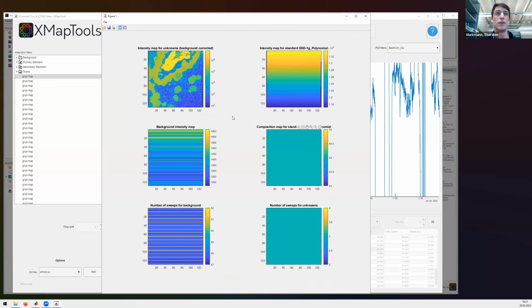It will give us a window similar to the one Pierre was showing us earlier, which is a summary of your first results. It is the intensity map of vanadium, background corrected. It is the background intensity map for all the measurements. It's the number of sweeps on the background, so how many integrations on the background measurement we used to determine this intensity map. But it's also giving you the intensity map of the polynomial function of the GSD1G as an example in this case,